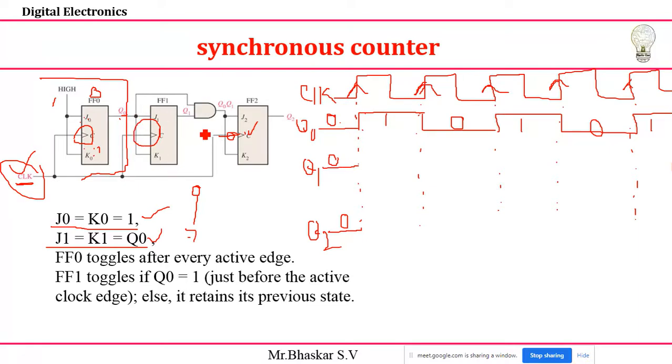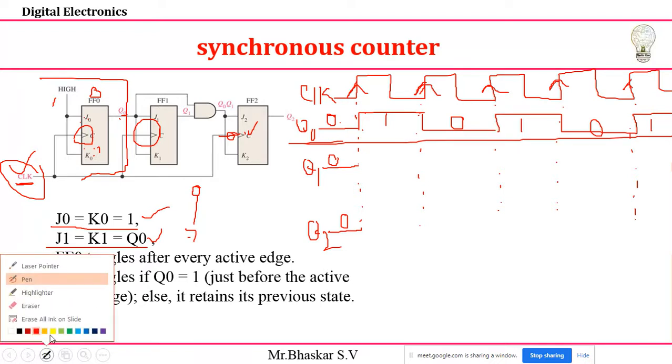So how am I getting my Q1? Carefully observe that. Till now, does anybody have doubts? How am I going to write this waveform, the Q0 value? Anybody having doubts? So from here onwards, carefully observe that this is the waveform that I explained. It is the same thing as asynchronous only, no difference. But how we are getting Q1, that's very important.